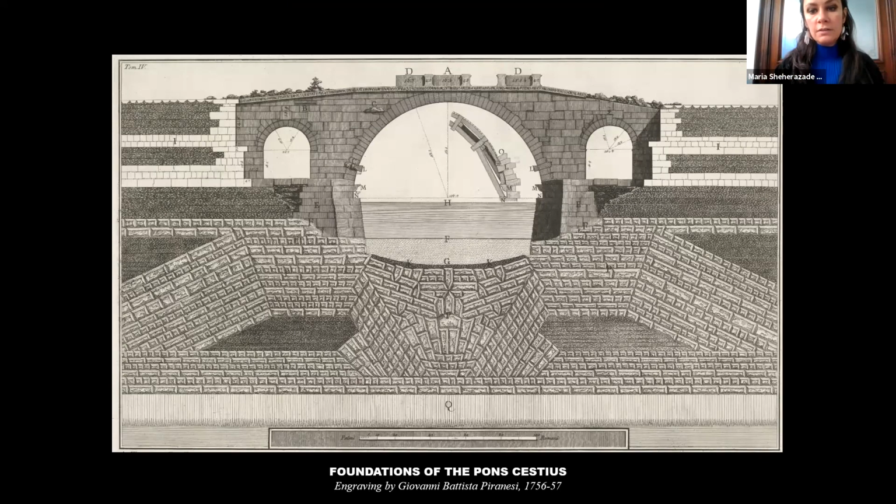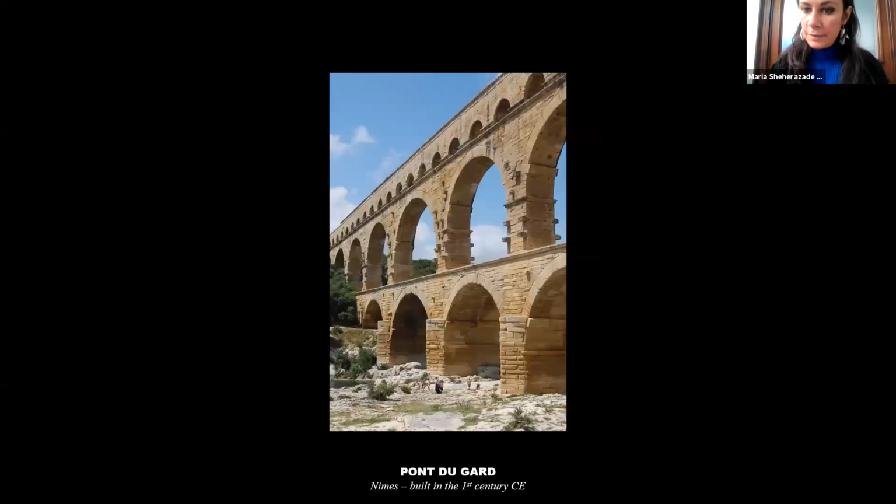And that's actually their sole function, as you can see here. That's, of course, Piranesi's speculation, but historians have confirmed that this was very likely. And a feature that you can also see here in the Pont du Gard in Nîmes, a very famous piece of Roman infrastructure. And in fact, let's remember that many seemingly decorative elements of classical architecture, especially cornices,